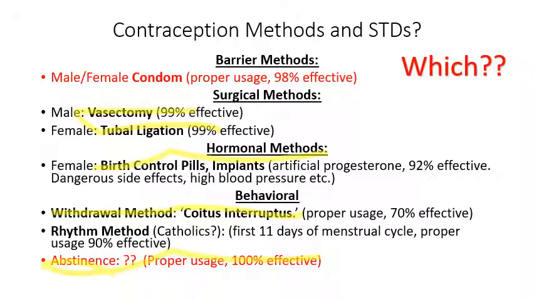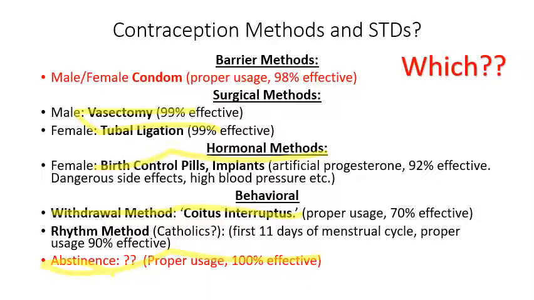The withdrawal method, not really, because most of the agents, the microbes that cause the sexually transmitted disease, are present on the skin, not necessarily in the sperm or in the vaginal secretions. So coitus interruptus is not particularly good. The rhythm method isn't either. So really the only two methods for preventing transmission of sexually transmitted diseases are